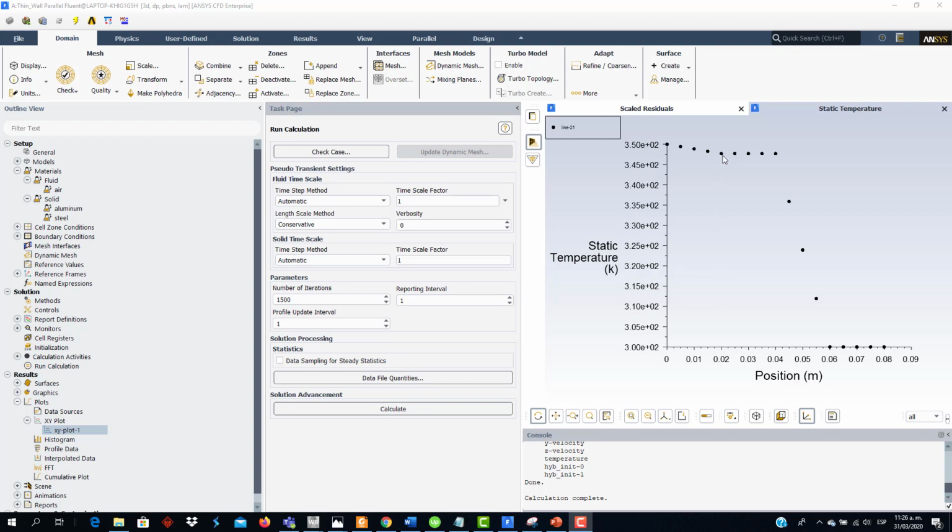Then the temperature also reduces, but at a lower rate, and this is because the material of the heater is different from the material of the second solid, that is the wafer. This is the steel and this is aluminum. Then we have a